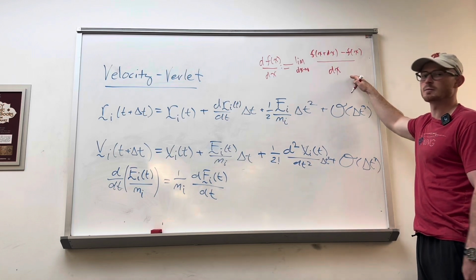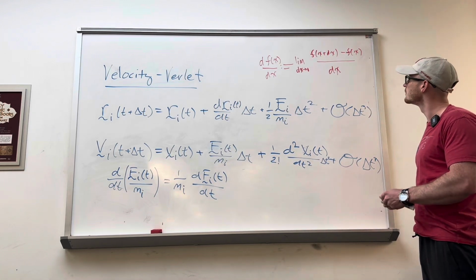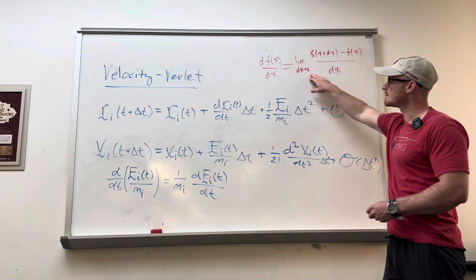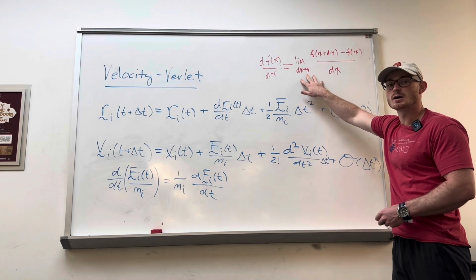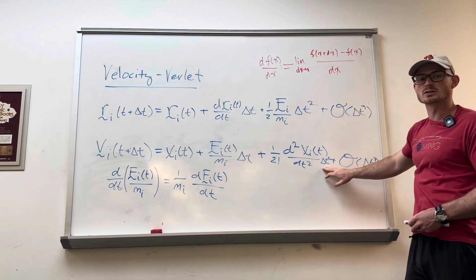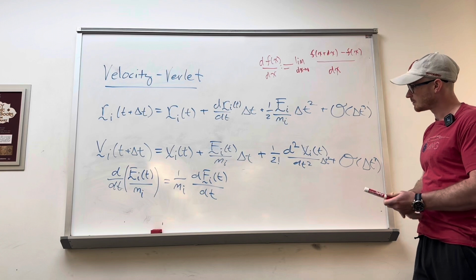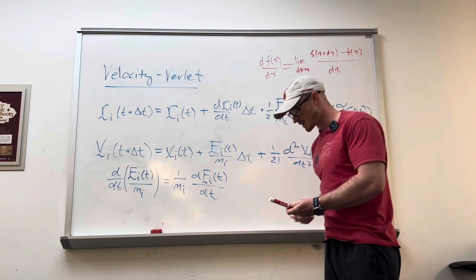This you should remember from your Calculus 1. Now, of course, this is in the limit that dx goes to 0. In our case, we have discrete delta t's, so we can't get directly to this limit. But what we can do is write this approximately